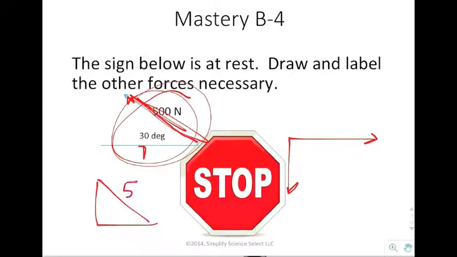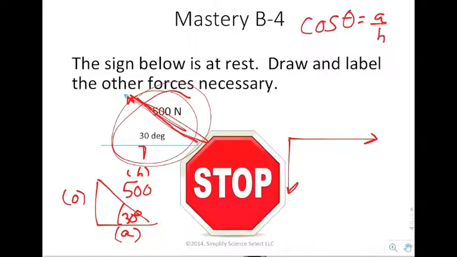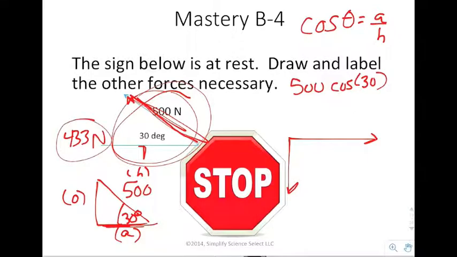Remember from geometry, or from math, that you have this angle right here, and there's a relationship between this, called the hypotenuse, and this is the opposite side, and this is the adjacent side. The cosine of an angle is equal to the adjacent side over the hypotenuse. So if I'm trying to solve for the leftward force, I could say 500 times the cosine of 30. When I do that, I get the leftward force: 433 newtons to the left. In order to cancel that out, I need a 433 newton force to the right.